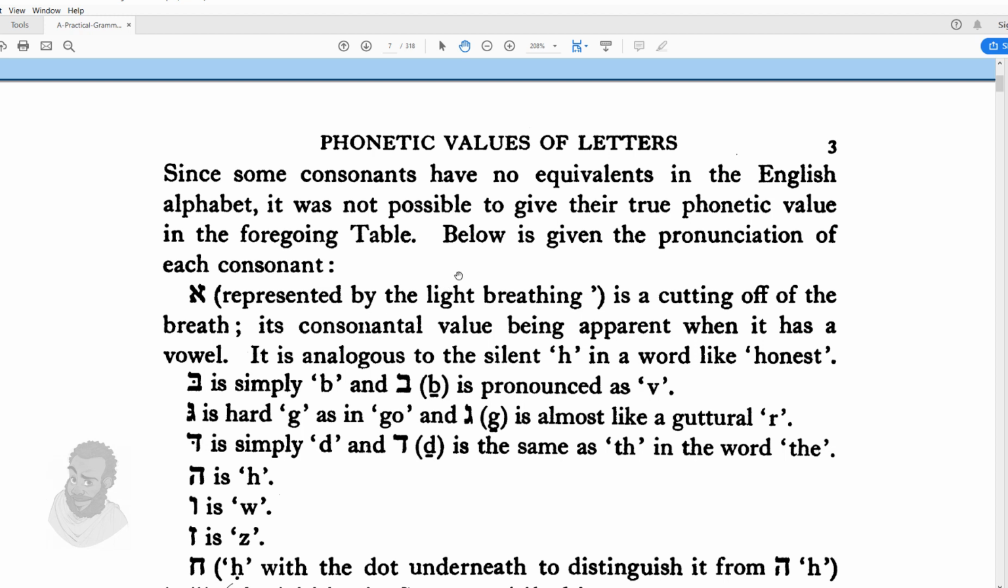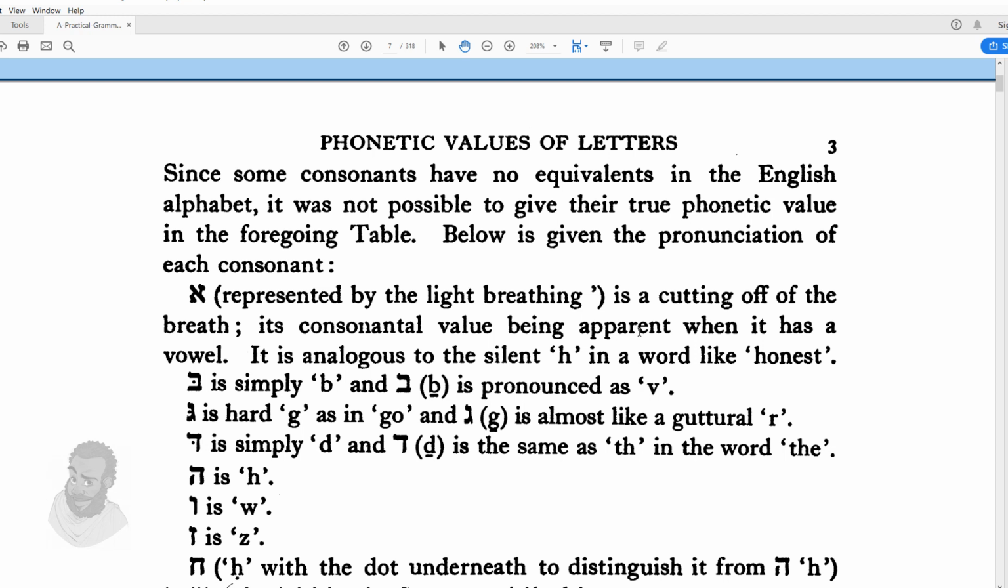Aleph, represented by the light breathing, is a cutting off of breath, its consonantal value being apparent when it has a vowel. It is analogous to the silent h in a word like honest. Okay? Beth is simply b, and then you have the veth, which is pronounced as v. Now, in modern Hebrew, as a result of things changing,